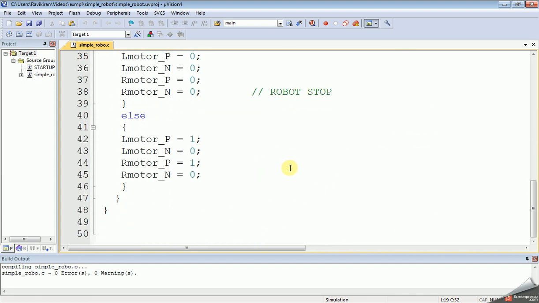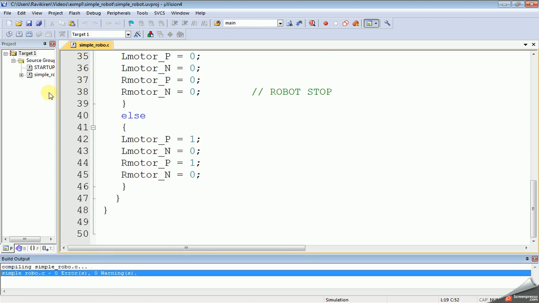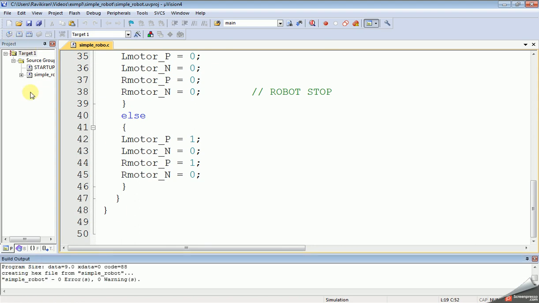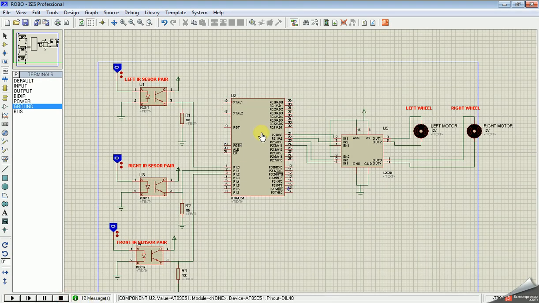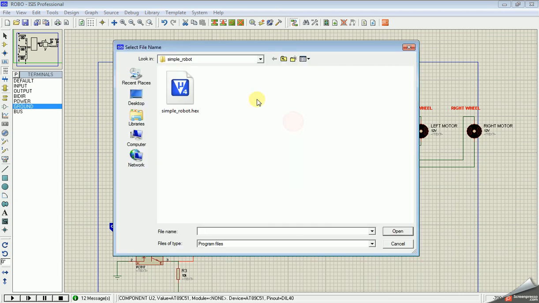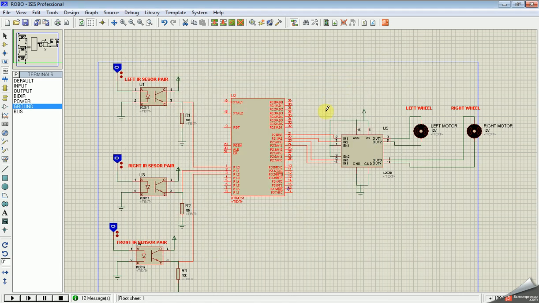Just compile it. There is no error. Build it. Let's go to our schematic. Flash the software. So let's play it.